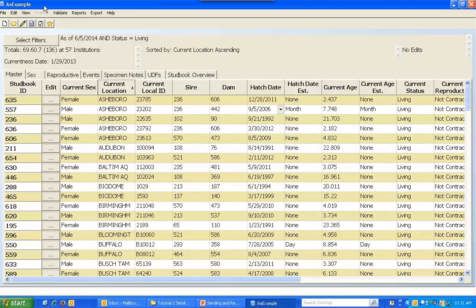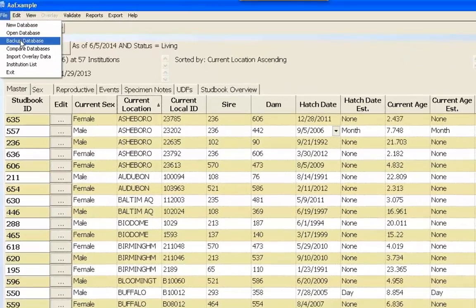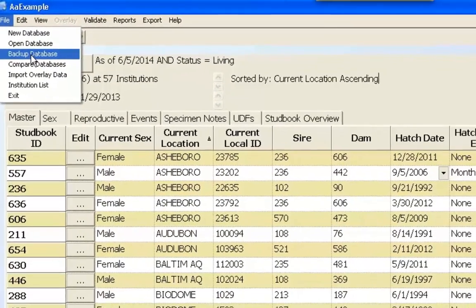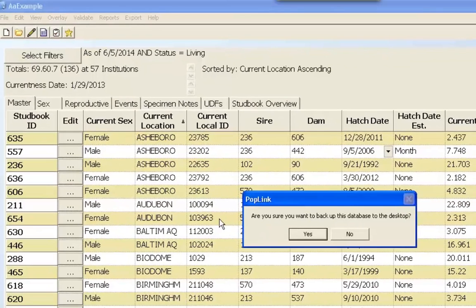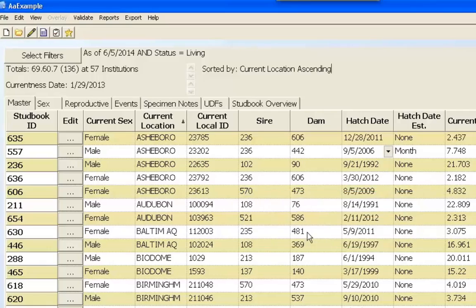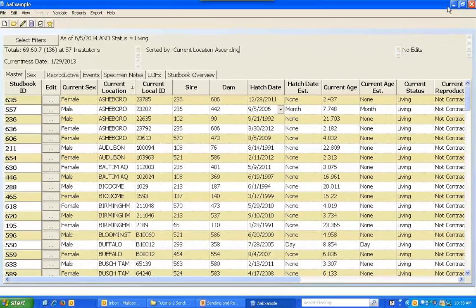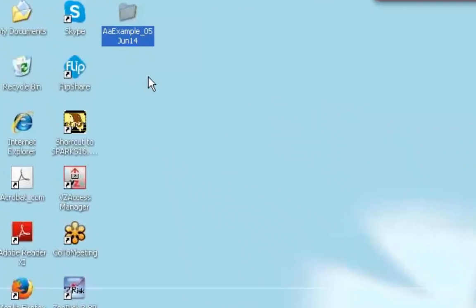So first thing we need to do before emailing the Studbook to a recipient is to create a backup database. You go to File, select Backup Database. It'll ask you, are you sure? You want to back it up to your desktop, select Yes, and the backup was successful. Click OK. So I'm going to minimize PopLink and show you that here is the backup database that was created,